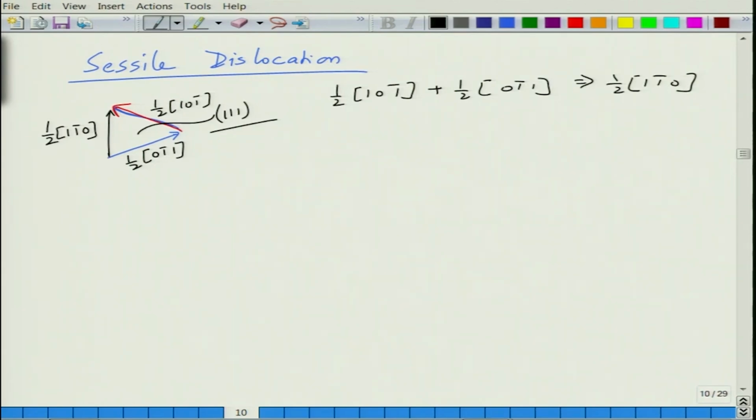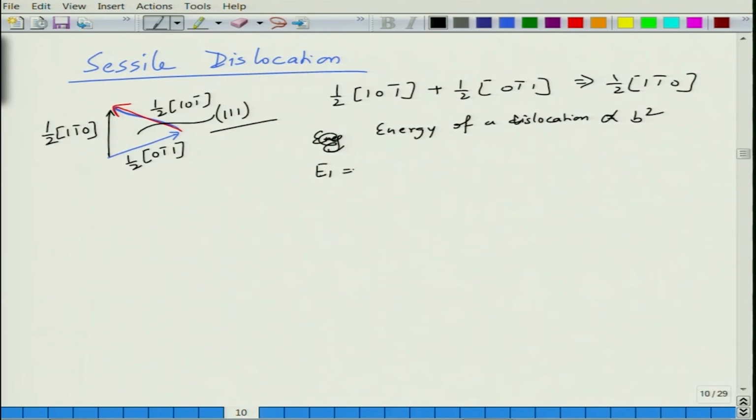Okay. So, if that happens, then you form a new dislocation, and the energy of a dislocation is proportional to b squared. Basically it is half G b squared, so it is proportional to b squared. So, essentially if you look at the energy, the E1,